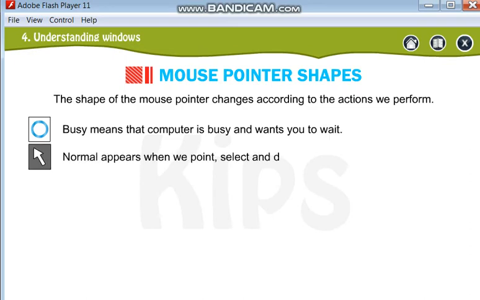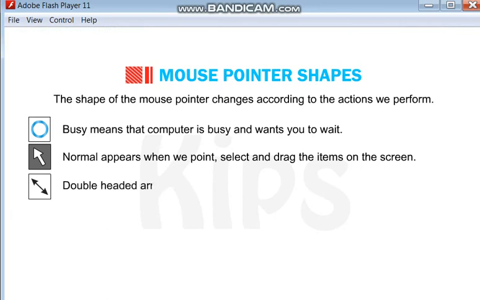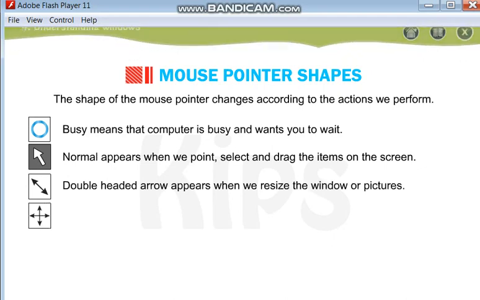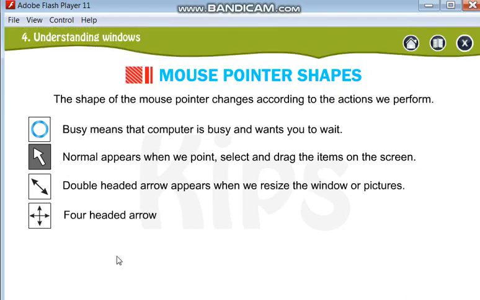Second is your normal pointer. Then the double headed arrow, with arrows on both sides, is used to resize a window or picture. With the four headed arrow, you can also move the picture.